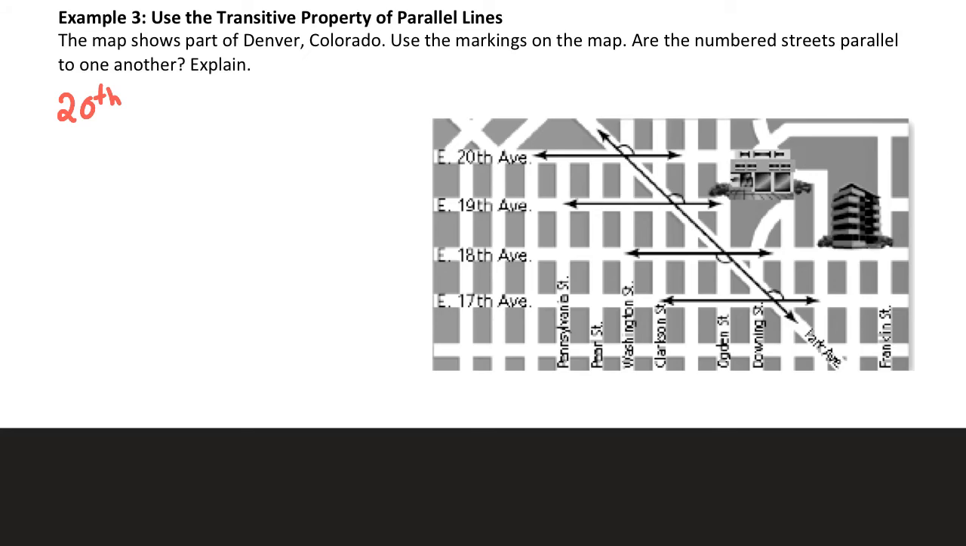20th Avenue is parallel to 19th Avenue. And the reason I can say that is because of these angles, and that is because those are corresponding. And I'm just going to use a symbol for angles. So the corresponding angles converse. I can say that 20th Avenue is parallel to 19th Avenue. Then 19th Avenue, I'm going to use a different color for that. 19th Avenue, the angle there, and the angle on 18th Avenue, I can say that